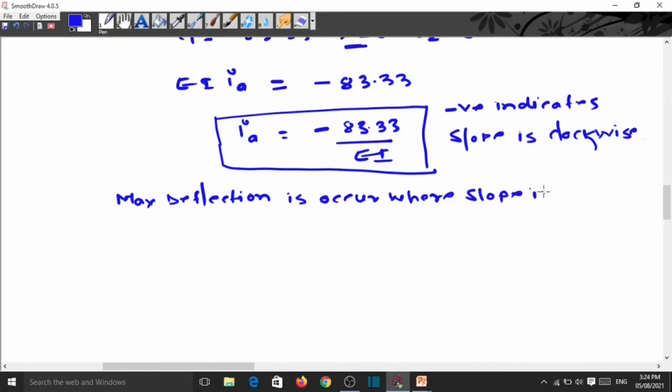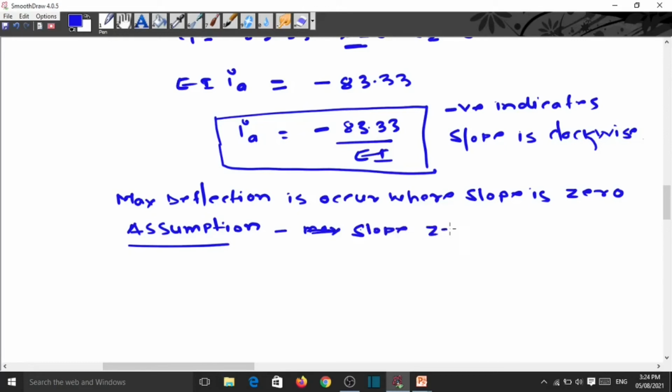So now we are making an assumption, our first assumption, that the maximum deflection or slope 0 occurs